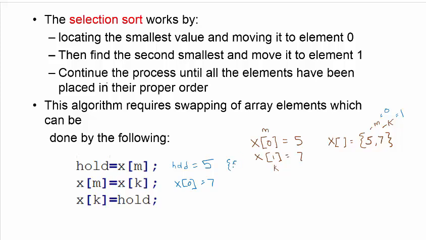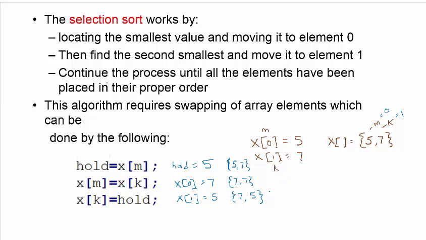like right now at this point the array has 5 and 7 in it. At this point the array has 7 and 7 in it. But I stored somewhere the value of 5, and this next line says that that element will get 5. So now my array has 7 and 5 in it. So that's pretty much how you swap two